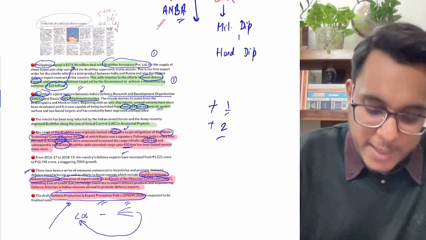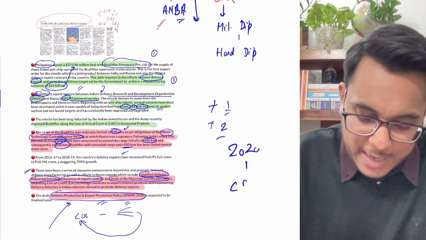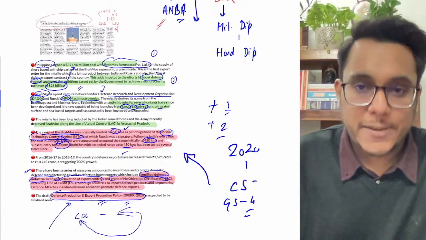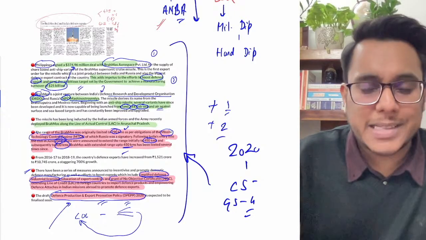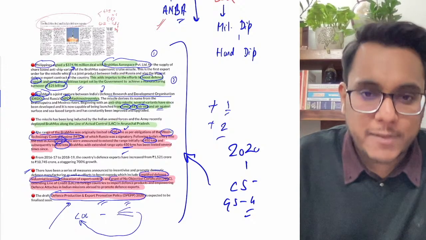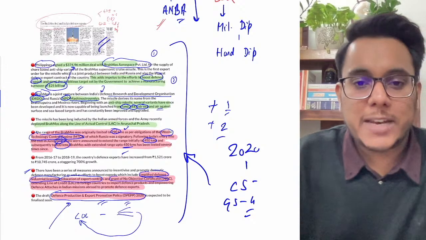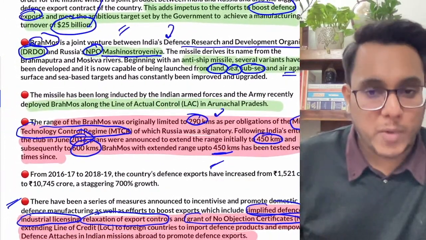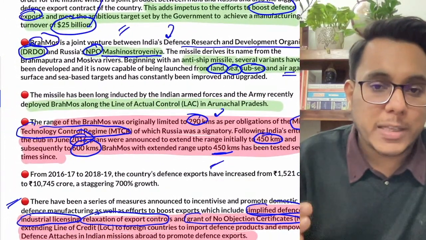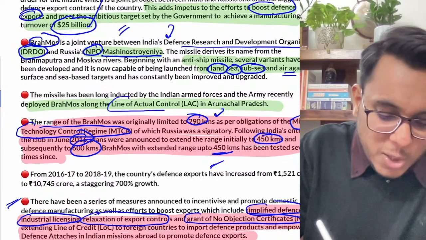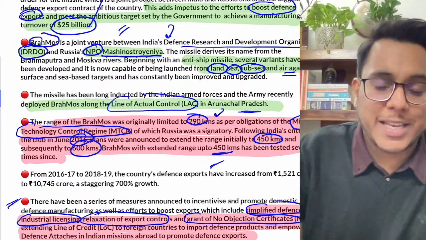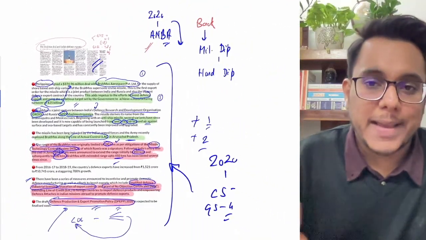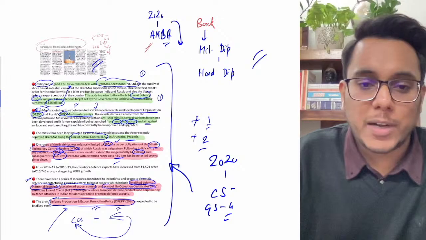Is it clear, guys? In 2020 there was a case study that was asked in GS paper number 4 with respect to defense exports. So guys, case studies are actually also inspired by real-life events. So this is the significance of this particular article. And guys, when we talk about BrahMos, we have one more piece of information: India has already deployed the BrahMos along the LAC, the Line of Actual Control, in Arunachal Pradesh against China. So this is about all these things. That is about the article. And now we'll be moving to the next article.